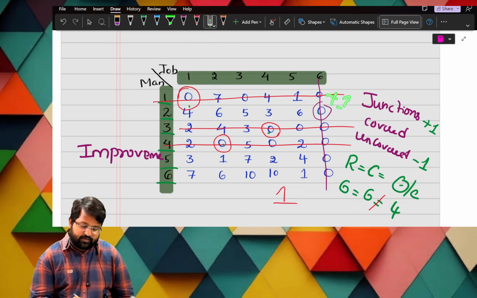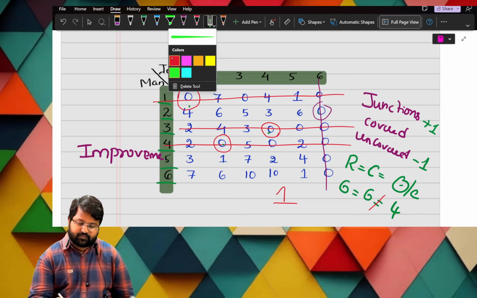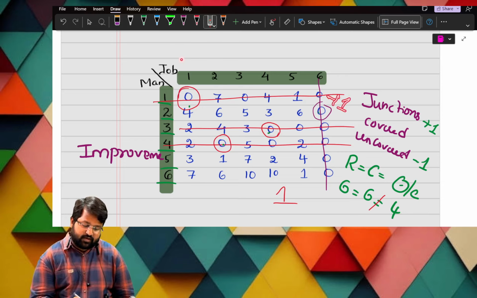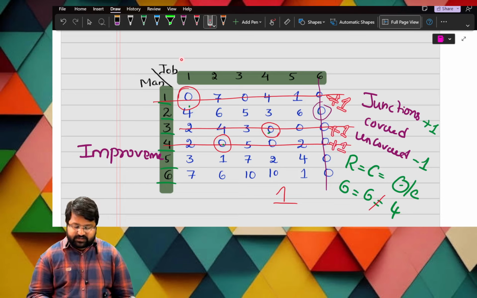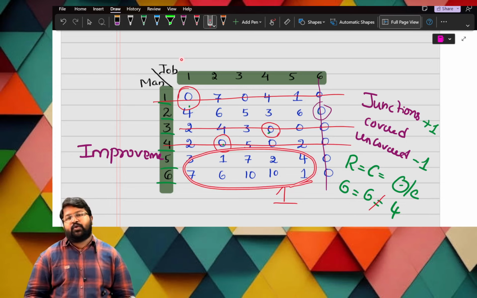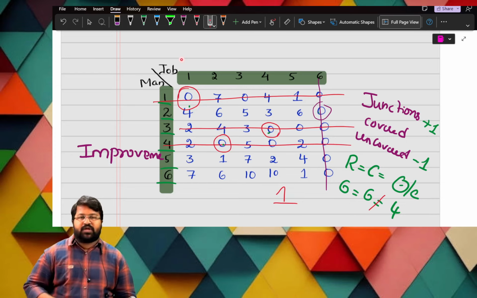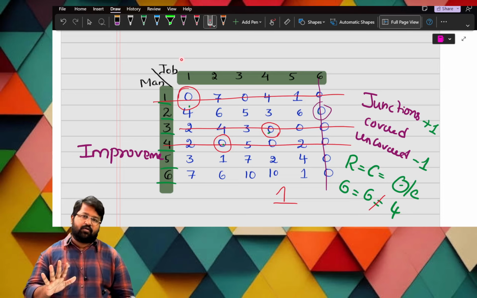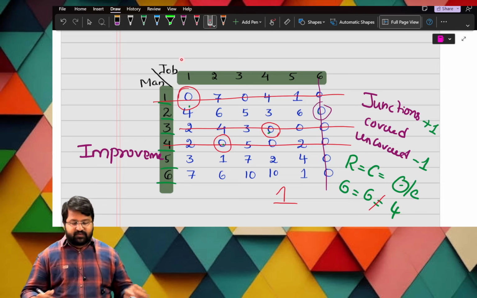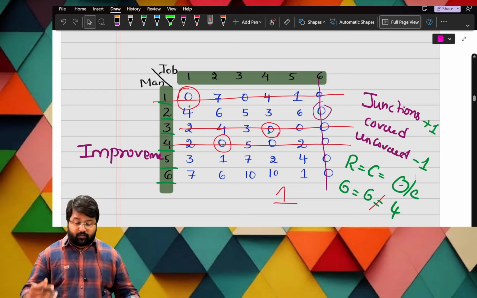Now we have to add the number at 0. So here we will add. Here we will add, and also here we will add, and here we will add. For these uncovered elements, we will reduce. What do we do with covered? We will not touch them at all. You are done. So now let us see what I have done and what I have to do properly.